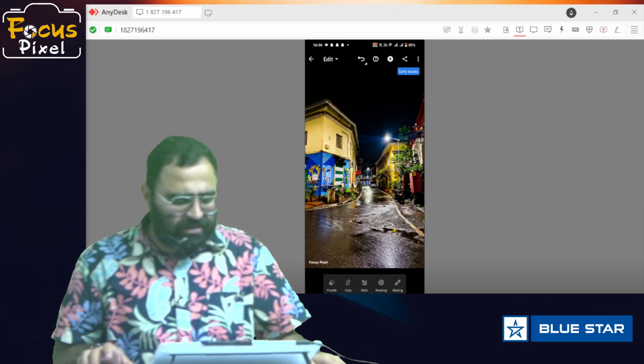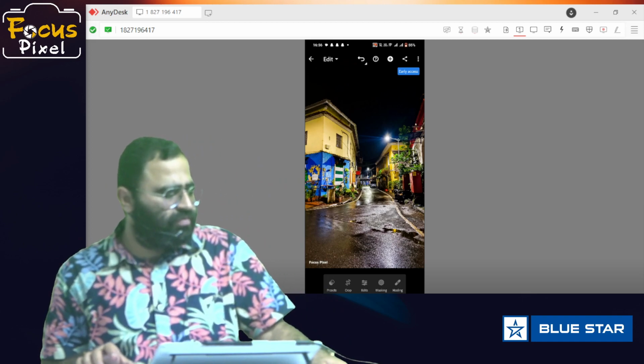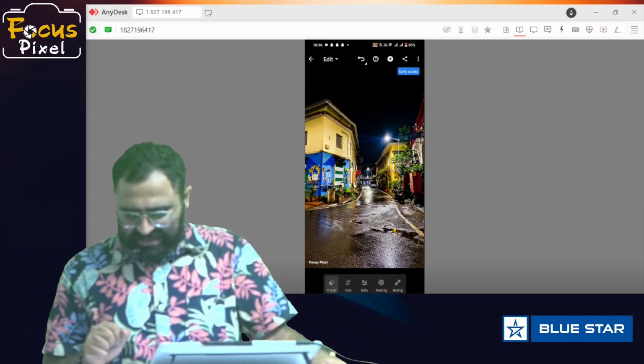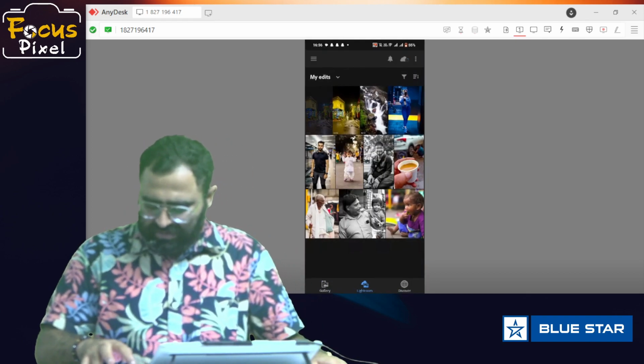Now the other thing that Lightroom gives us is presets. There are a number of presets. I'll take another picture.